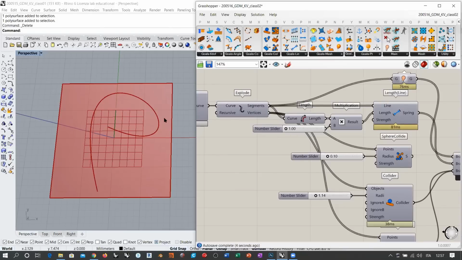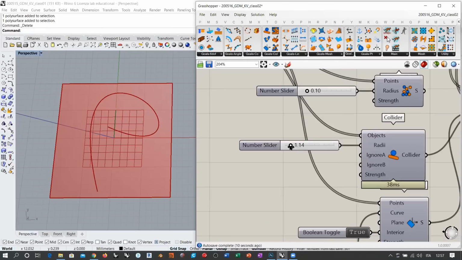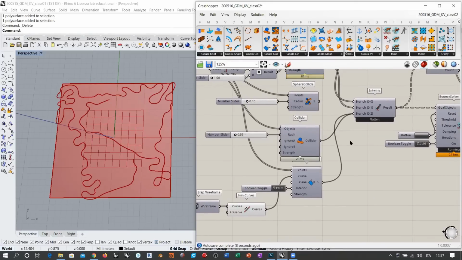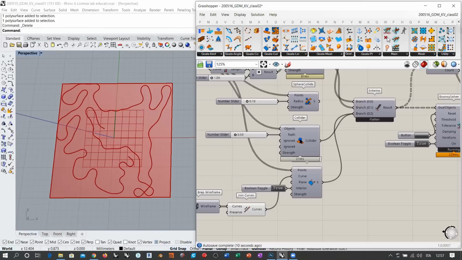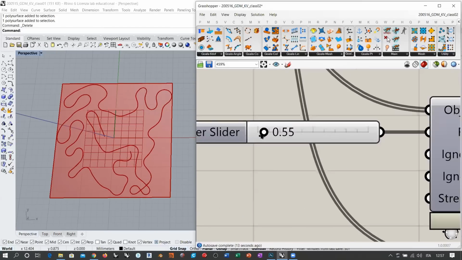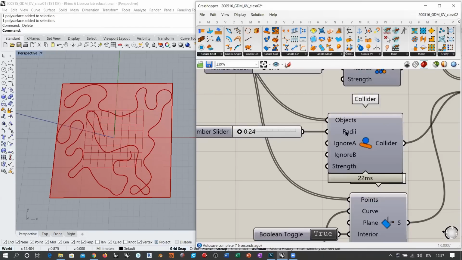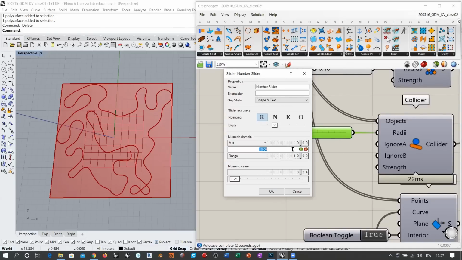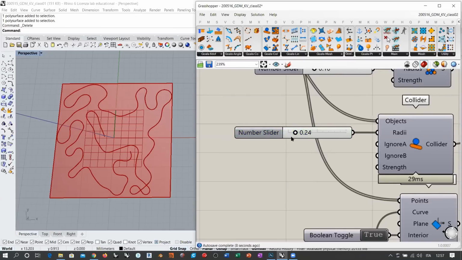I don't want the length of this line to change because of the elastic force. And the collider itself will be a collision, an expanding force. So if I run this, you see that this thing is already expanding very much because of the collider. That's why I told you the collider must be kept very low initially. And also in this case, with this resolution, what was the upper limit here? A radius of 10 is just too much. So let's consider, for example, 1, or eventually 2, but not more than that, because of the resolution of our